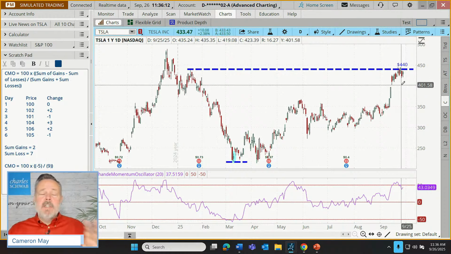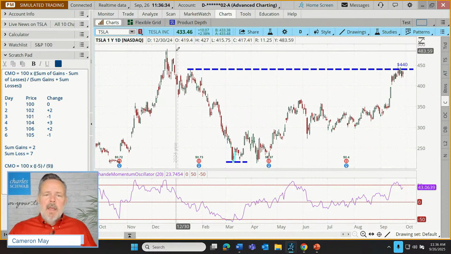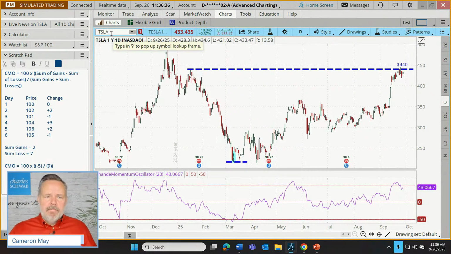Now, before I go do a scan for more recent signals, I will say there are other potential uses for this oscillator. Some of you might be thinking, is it kind of like the RSI? Can we look for things like a divergence? Yes, divergences are commonly used on this indicator. So let's switch this over here.